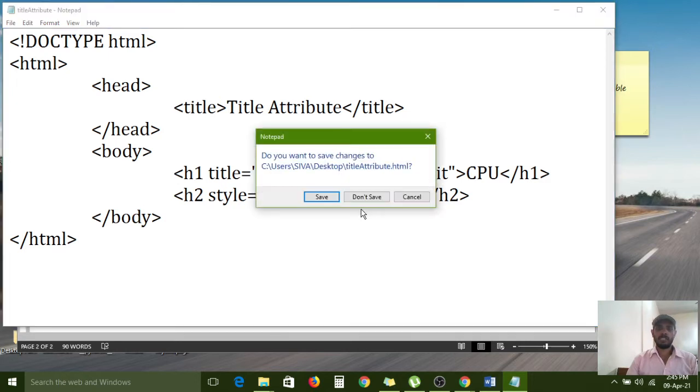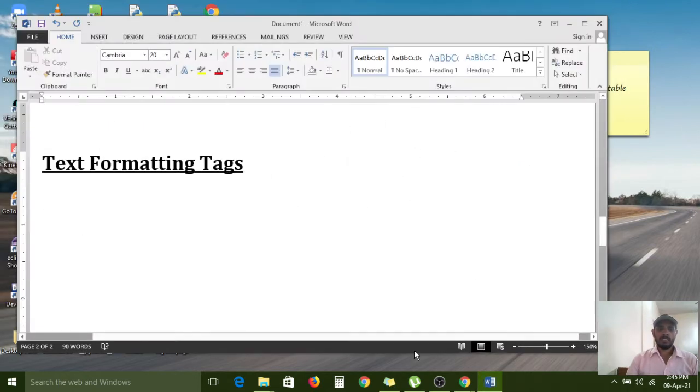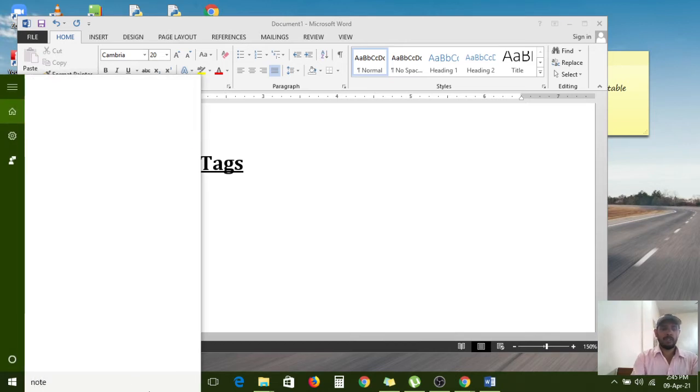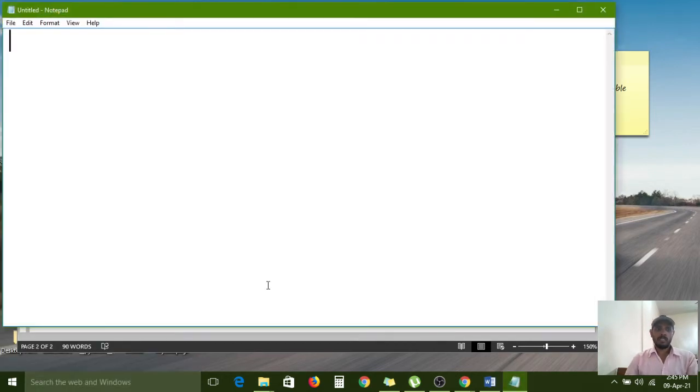Now I am closing this one. Now I am opening a fresh notepad window. For that, the doctype element is mandatory. And html, simple lowercase html, if you give that word, it is related to the HTML5 version. We are giving the information to the browser that whatever syntaxes we are using are all related to the HTML5 version. Now the root element, I am using the opening tag and closing tag.